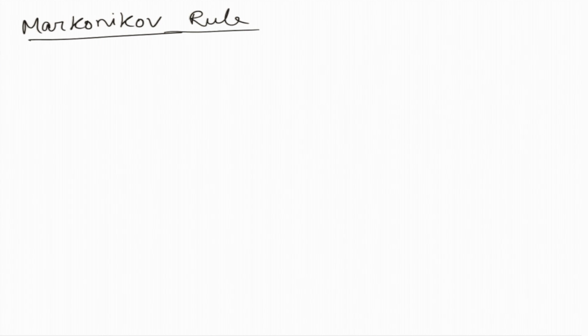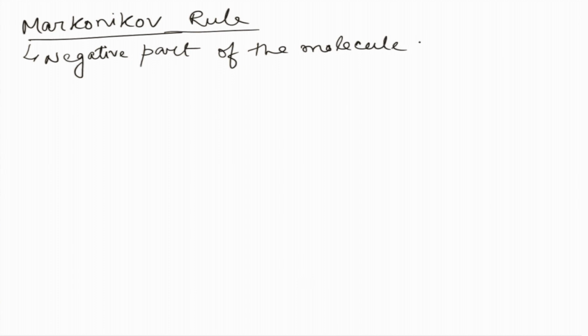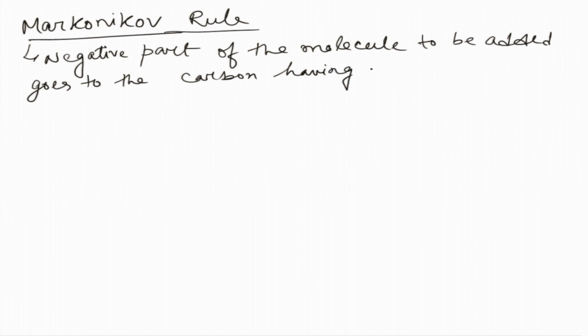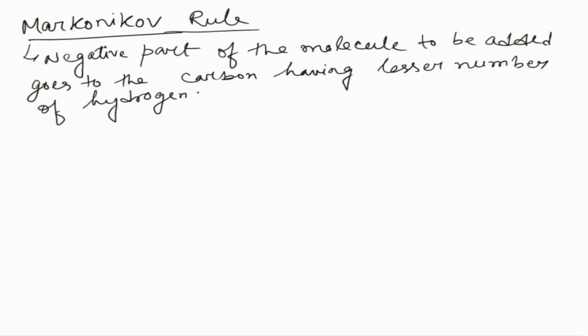So, Markovnikov rule says negative part of the molecule to be added goes to the carbon having lesser number of hydrogen. Okay. Negative part of the molecule to be added, in this case HX, goes to the carbon having lesser number